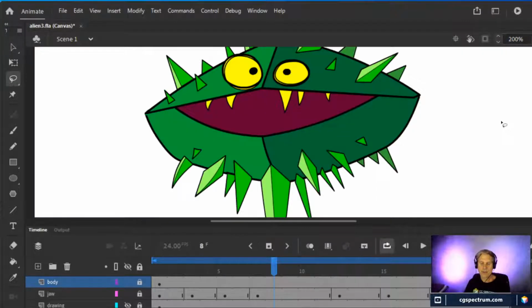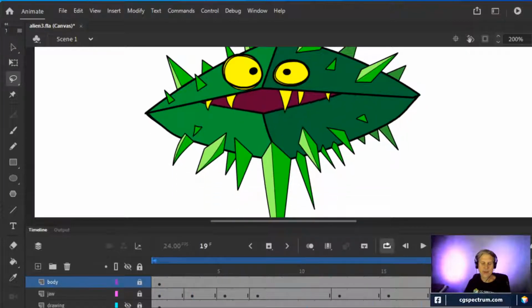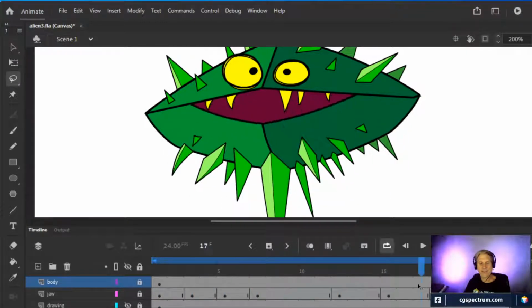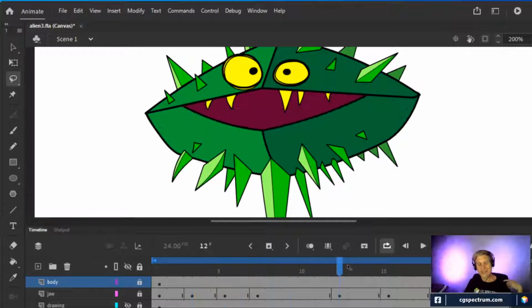I'll zoom in on this really tightly, and you can see that I've hidden everything neatly behind the top jaw, and that just required a little bit of extra effort, but I'm still saving tons of time copying, pasting everything, all those jaggedy edges. Can you imagine if you had to draw those over and over and over, which we kind of used to?